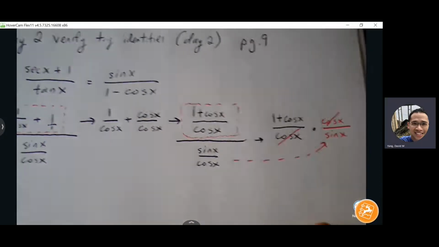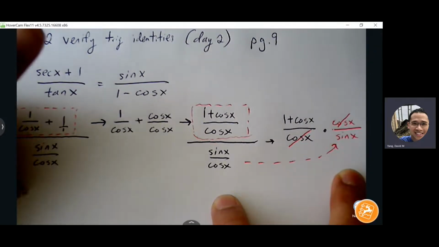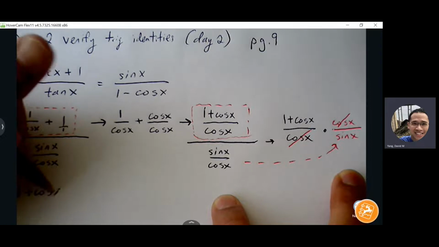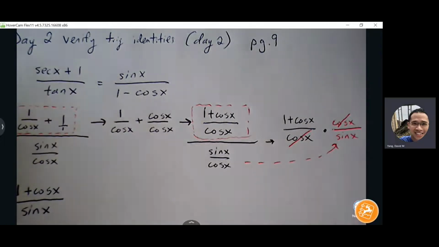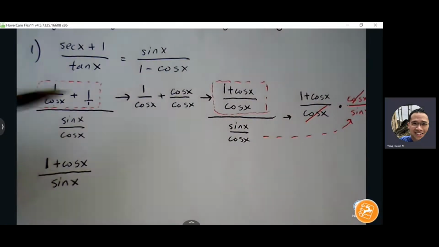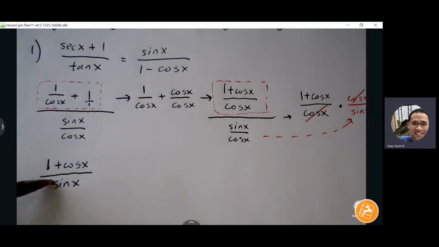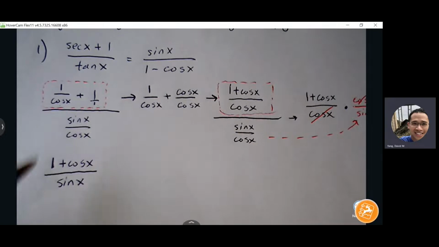We're getting closer, right? We have just one fraction, and it's in terms of sine and cosine, but it's not quite the same as where we want to be. Okay, but we're making progress, right? We're getting closer. All right, so 1 plus cosine x over sine x. I'm not really able to clean this up any further